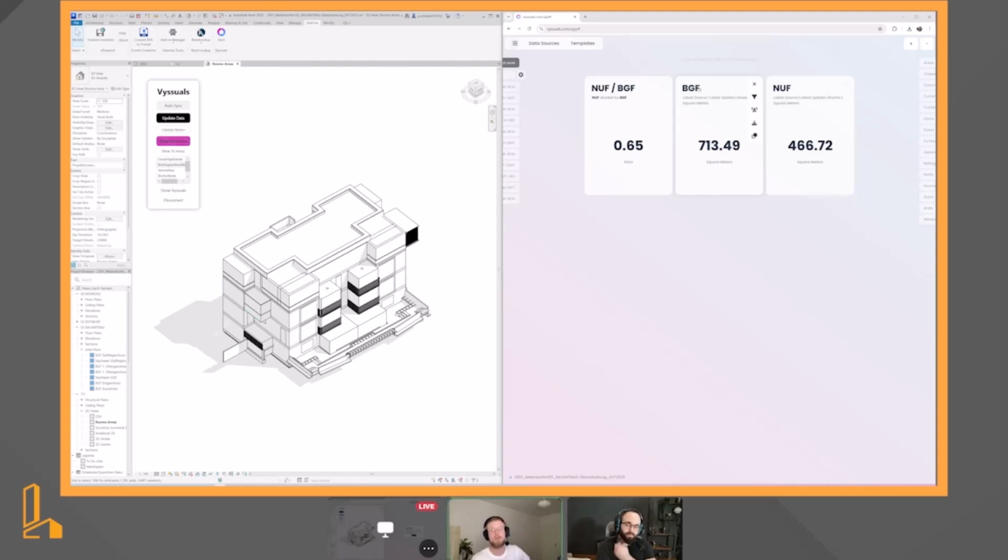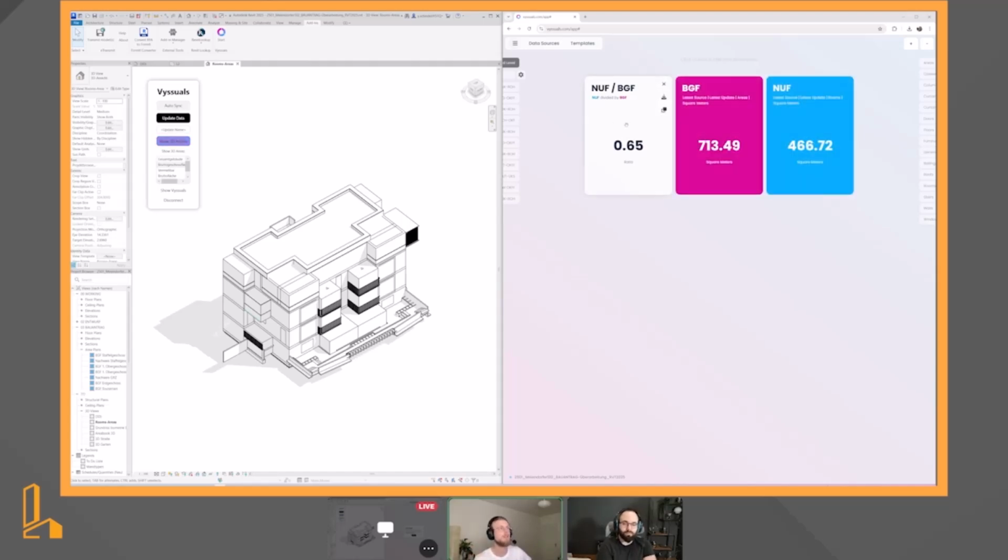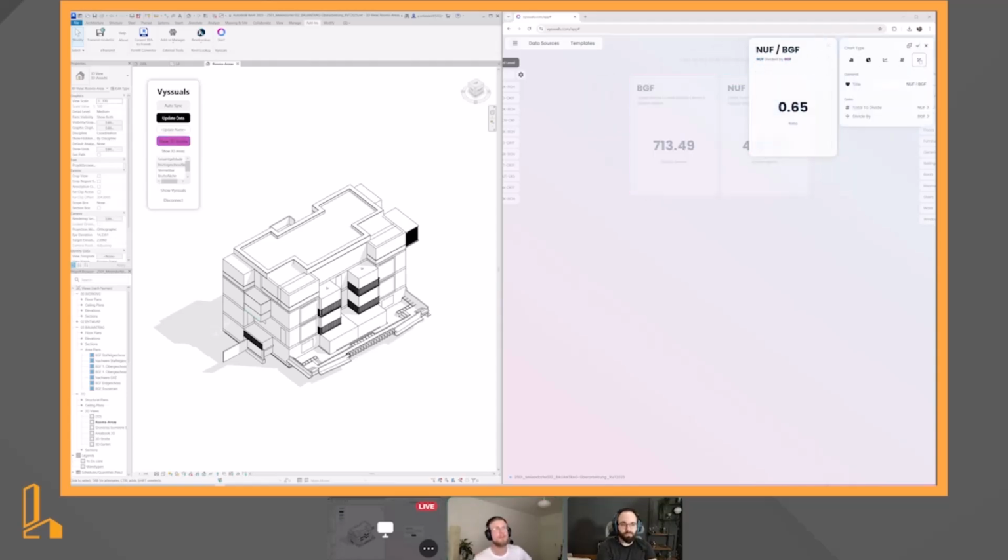One is called BGF, which is German for gross floor area. One is NUF, which is the German for the net area of a building. And then you have the ratio between those two. So this is a new chart type that we haven't looked at yet. It's a ratio chart. So it's this last one, the percentage here, and it can take one total and divide